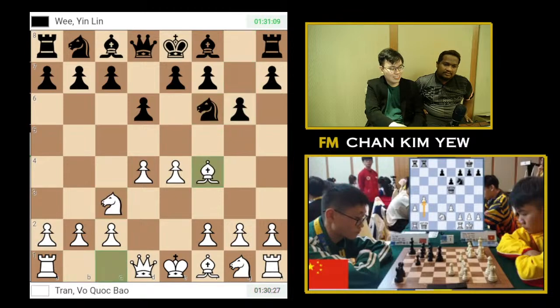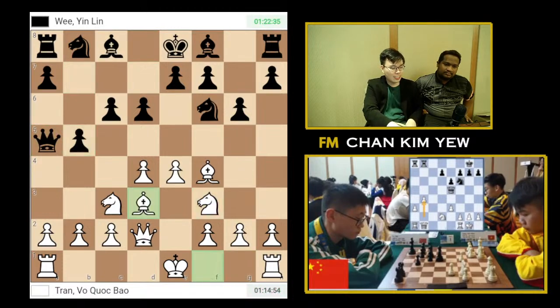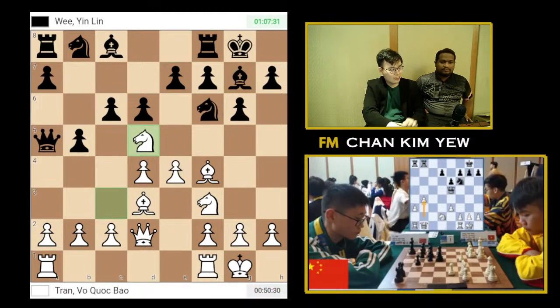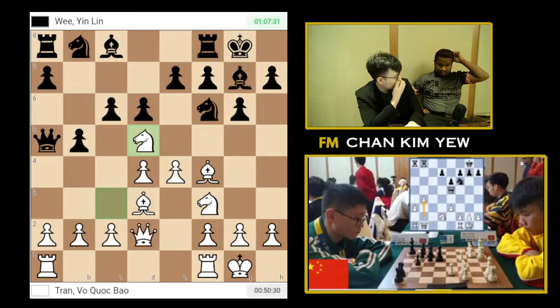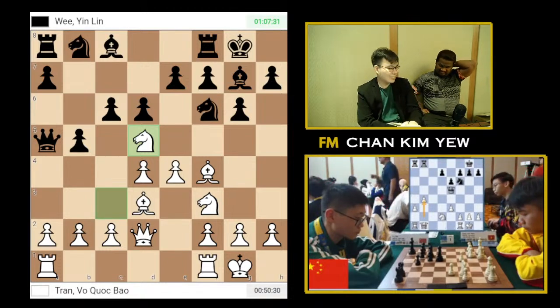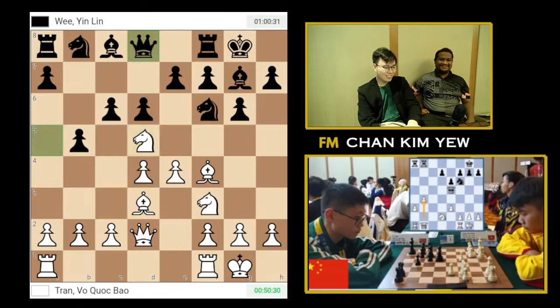Okay. I'm liking Black's position actually, regardless of what computer says. I like what Black is doing. Queen a5, knight f3, b5, bishop b7. Okay, there is knight d5, but I don't know whether it's good for white or not. Because sometimes I think the kids, they're like, oh, beautiful tactic. But I don't know, because actually that trade...